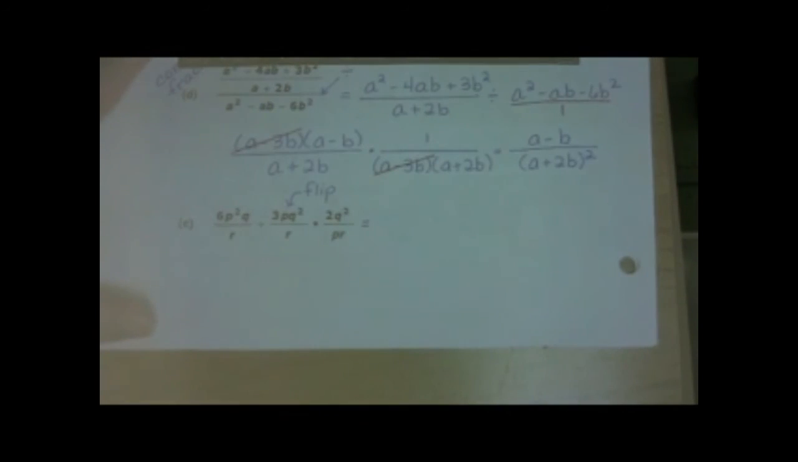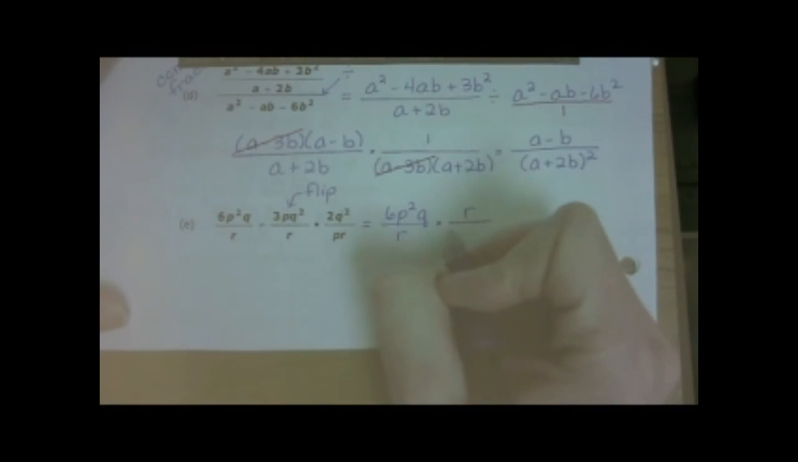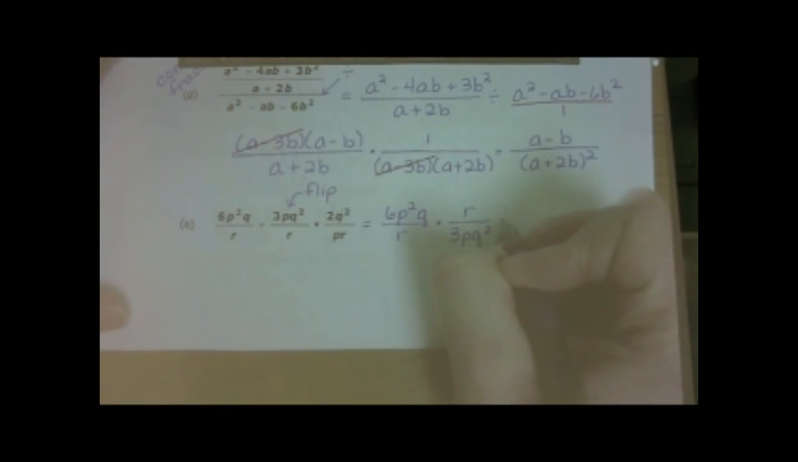All right? So now, what we're going to do, flip what's necessary, and then we can multiply across the numerator and denominator. So this gives me 6p squared q over r times, flip this upside down, r over 3p. q squared. This one comes after division, so it doesn't flip. So this is 2q squared